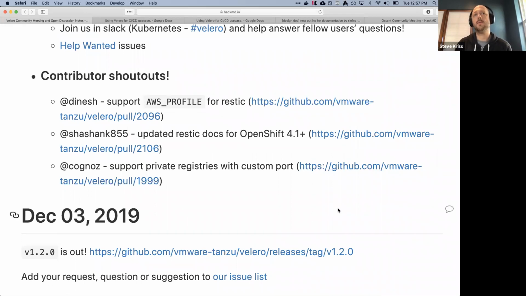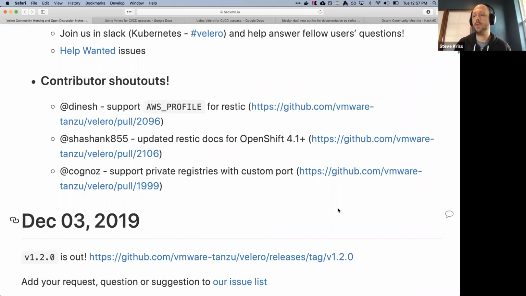We've had support for using different AWS credentials profiles in Velero, but it wasn't properly flowing through to Restic. So if you had multiple backup storage locations, each using a different AWS profile, and you were using Restic for backups, it wouldn't all hook together. So Dinesh added support for this. Thanks a lot for the contribution. Definitely a nice feature to add there.